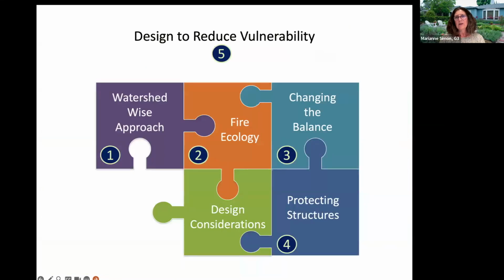So let's go ahead and look at some of the things that you can do. We've talked about the home, how can you be more proactive as far as your home, your structures. And now we'll go ahead and take a closer look at what you can do on the outdoors in order to slow or defend your home from a potential fire.